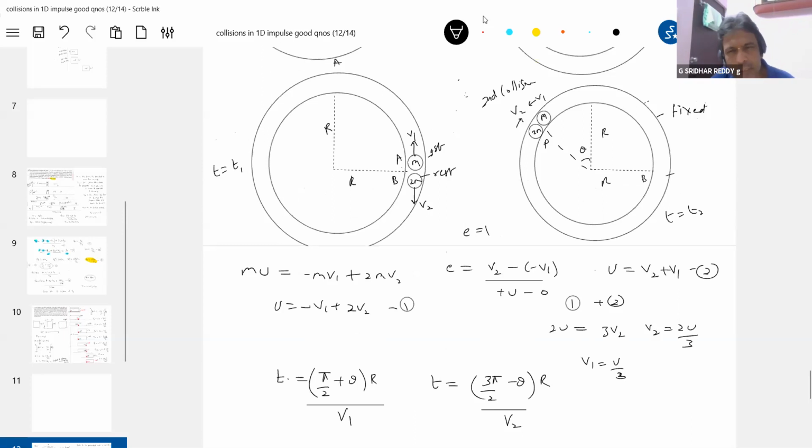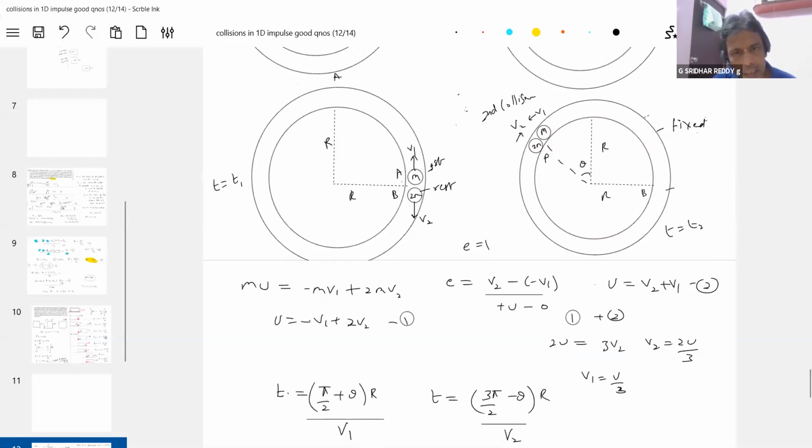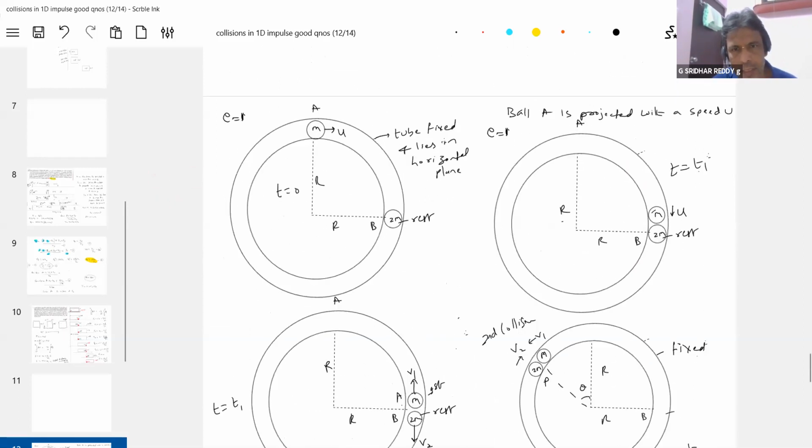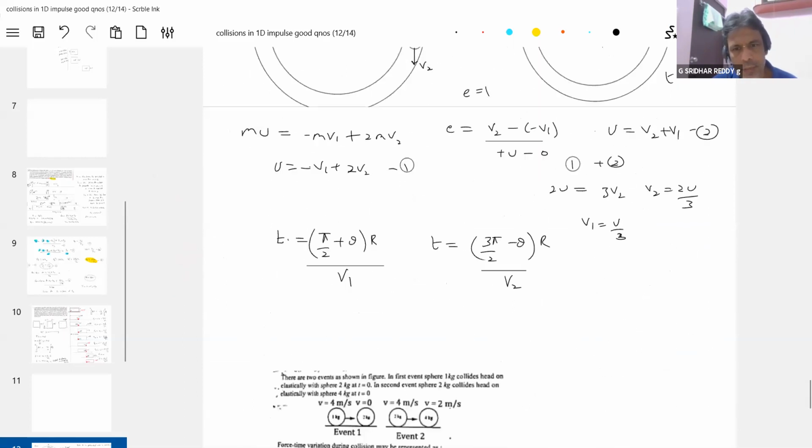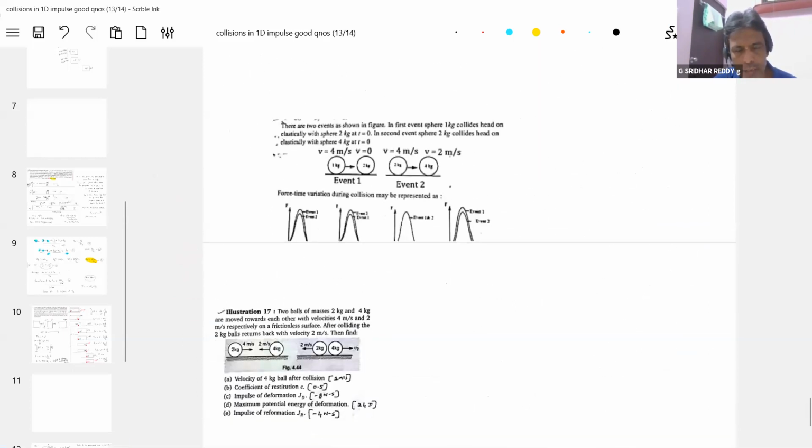Now it is mixed with the circular motion concept. What is this? Distance covered by ball 1 from here to here. How much angle? π/2 plus theta. Angular displacement times radius will give arc length. How is this? The weight mg will be vertically down, no? mg will be into the plane of paper. It is a horizontal pipe, the tube fixed and lying in a horizontal plane. So mg will act into the plane of paper. Okay, solve this. One more question we have.